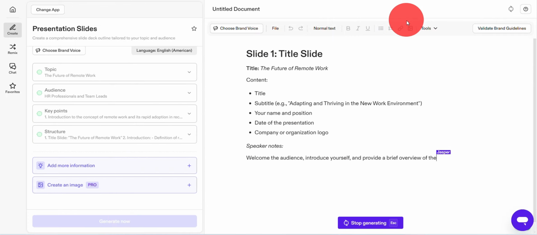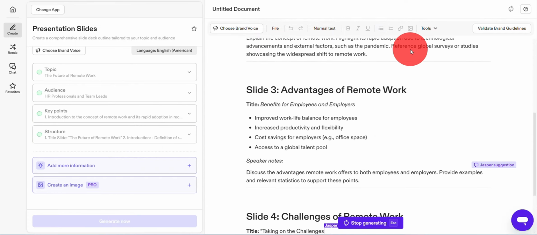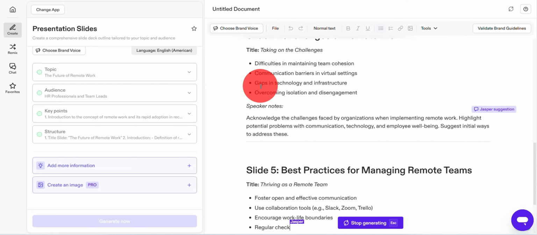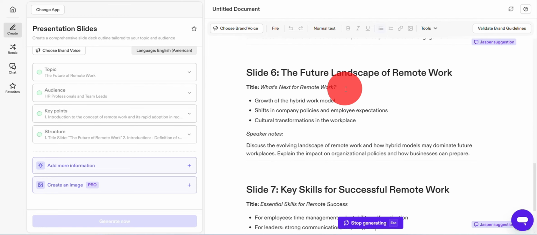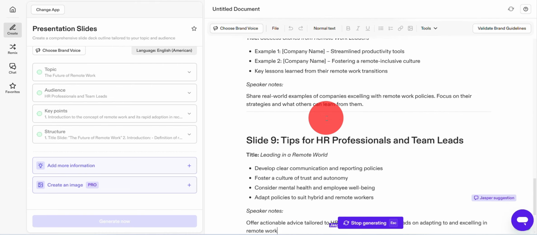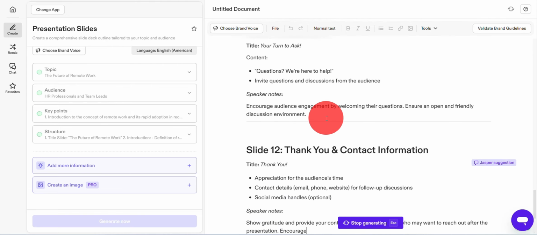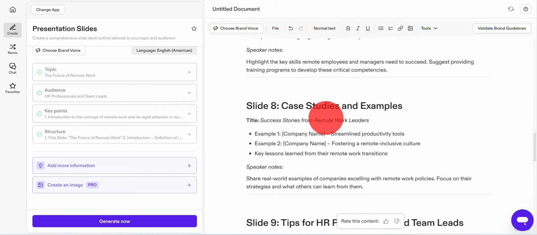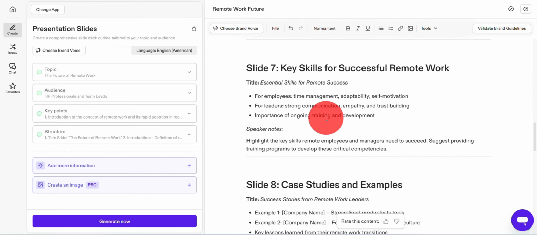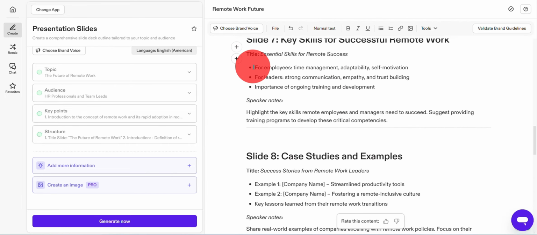and it will create a full presentation with different slides, with different objects on the slides, with topics and the main content in it. So I don't have to do anything else. I've created 12 slides with a title, with different topics in it, and with